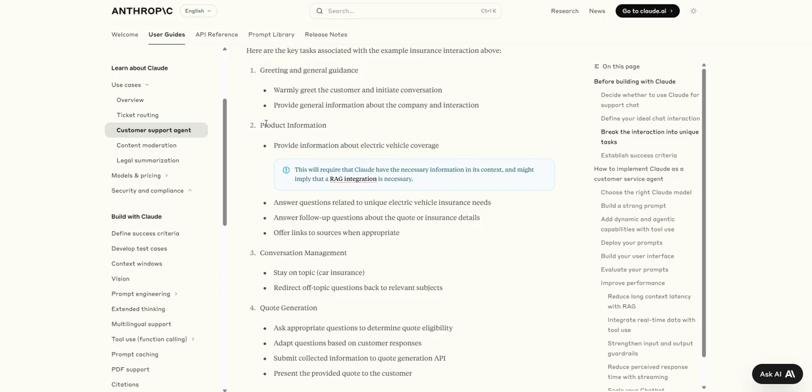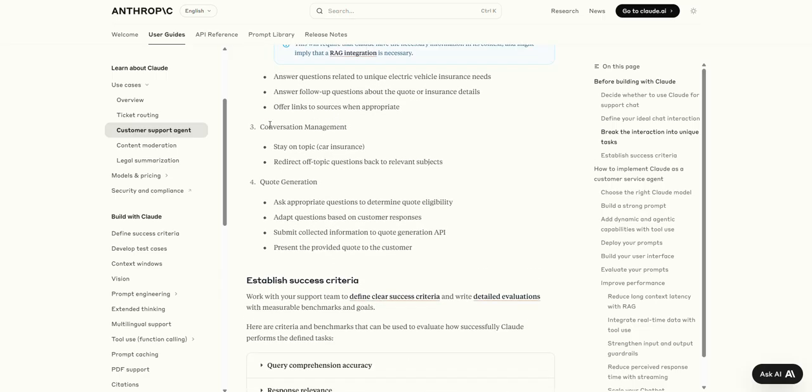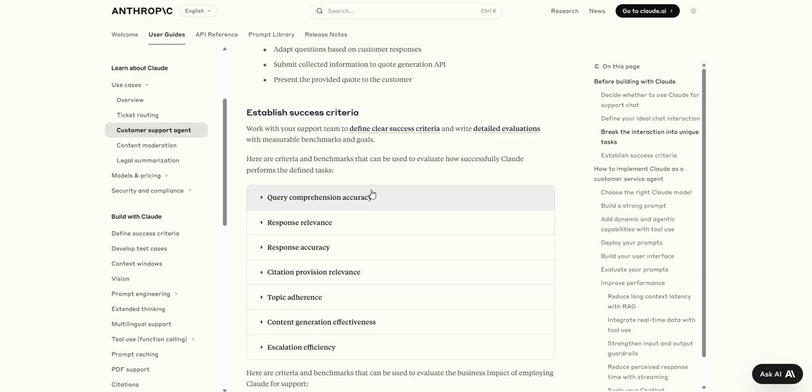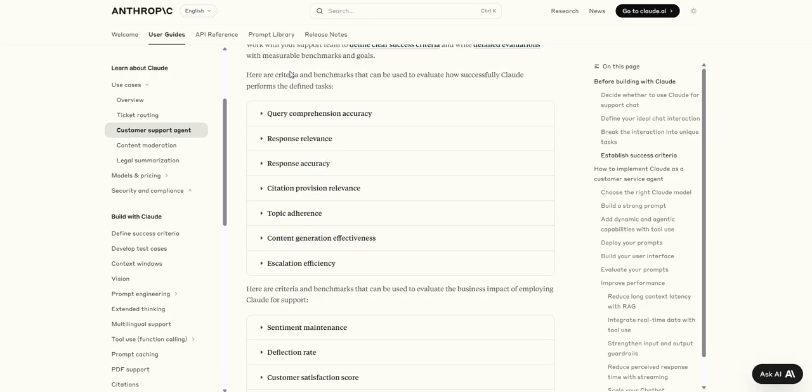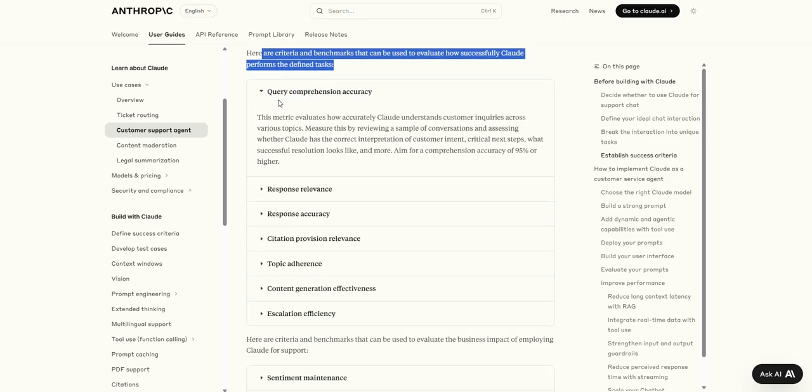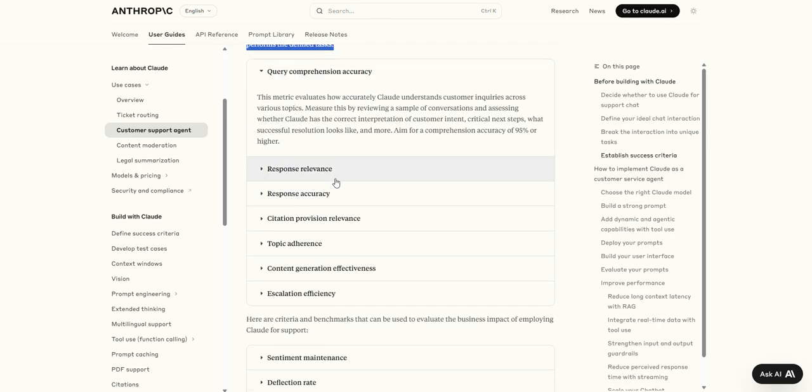How many times is the user asking for product information and receiving the right response? How many times, basically that. So here we have some metrics that could be used. Here are criteria and benchmarks that can be used to evaluate how successful cloud performance is to define the tasks. Requirement comprehension accuracy, response relevance, response accuracy, citation provision relevance, tone adherence, content generation effectiveness,